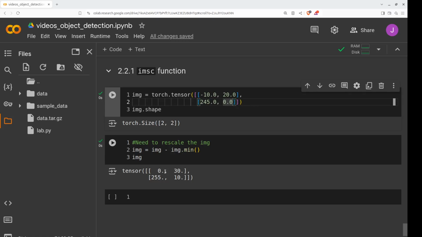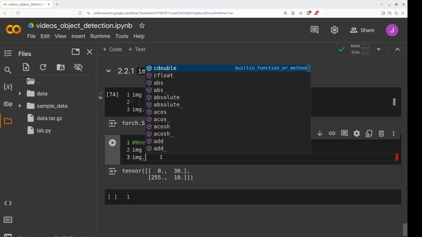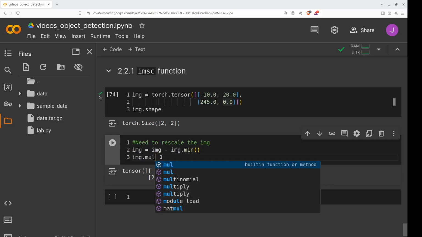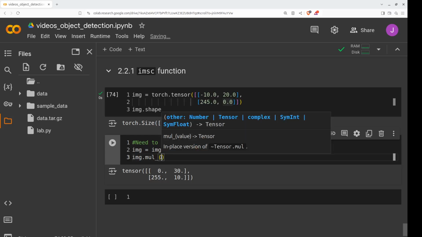The second step is that we need to normalize the tensor, meaning it needs to be between 0 and 1. Right now, that's not the case. So how can we do that? What we can do is use Python's capabilities. Python has the method mul, which allows us to multiply by a scalar, and this scalar needs to be basically